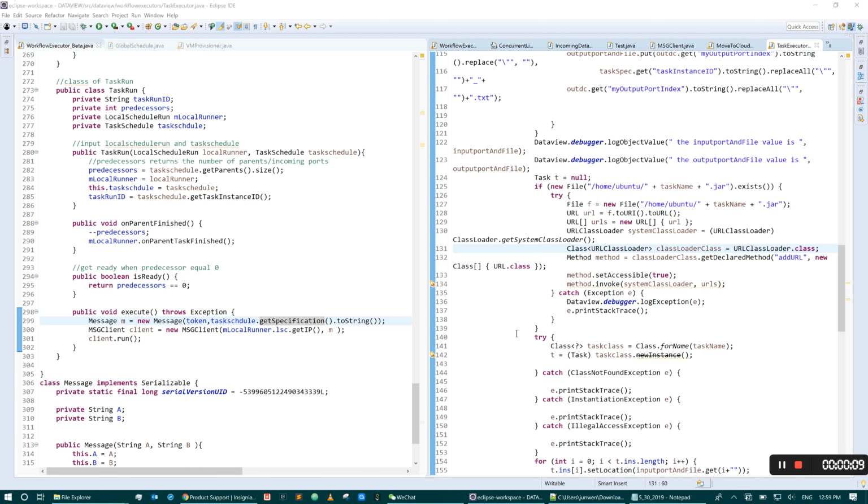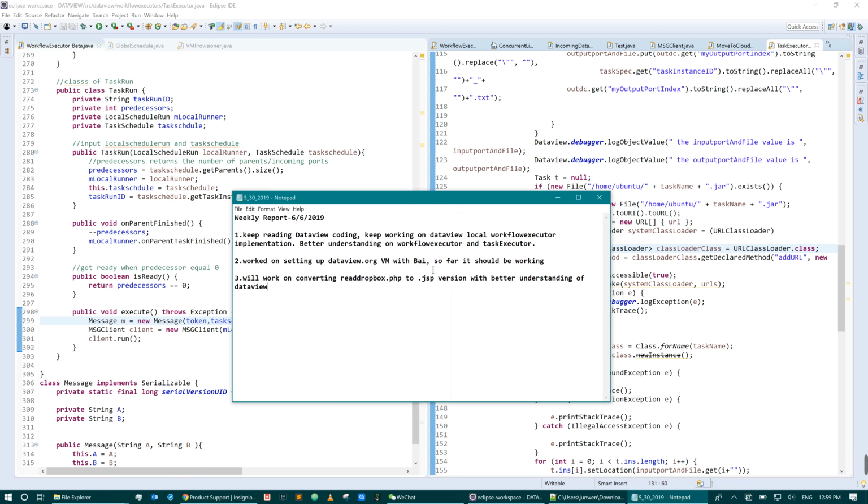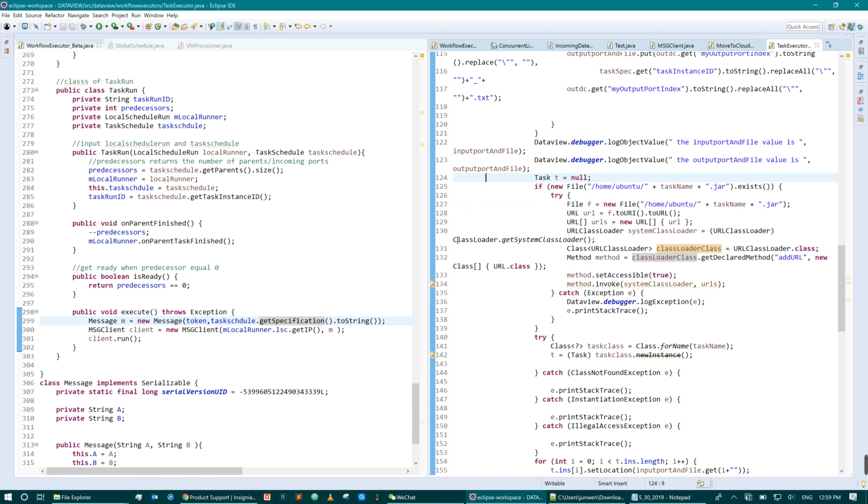I will record this video to briefly talk about what has been done in the past week. So here are the highlights. For the past week, I kept reading the Dataview code as well as working on the Dataview local workflow executor implementation. As I read more code, I think I get a better understanding of how the tasks will actually